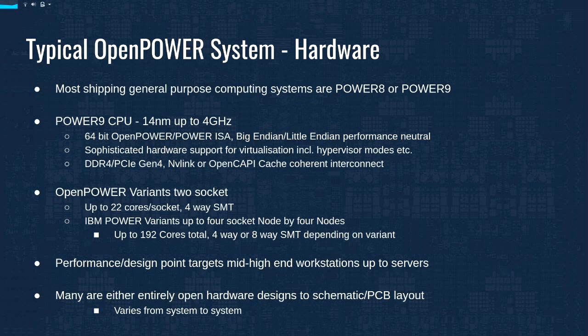The OpenPOWER systems have a bit of a subtlety to the way they're positioned, I guess. The OpenPOWER systems are either one or two socket designs, up to 22 cores per socket, 4 threads per core. IBM chooses to make a differentiation between OpenPOWER and Power, where the Power systems that IBM produce go all the way up to 4 sockets,